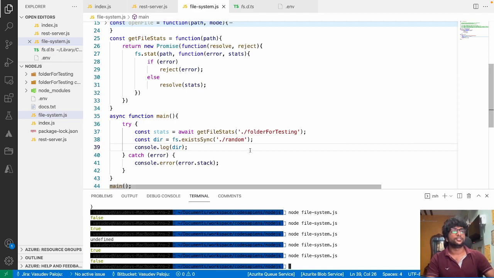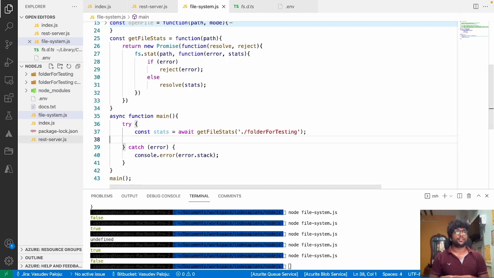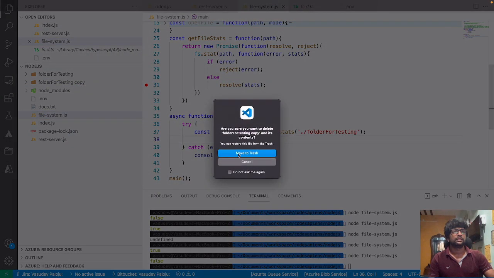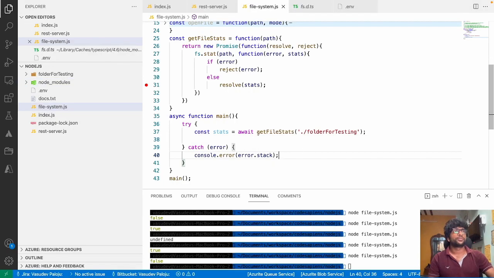Then you can see it is false. So whenever you are working with any files, or you want to create some file inside the folder for testing, right? Inside the folder for testing, I'll check if this has been created. Yeah. So whenever you want to do this, what you can do is you can